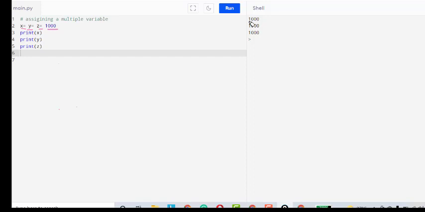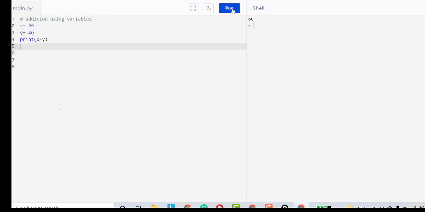If you are printing individually, for print of x the output is 1000, and print of y 1000 and print of z 1000, because all the variables are assigned as a multi-variable equal to a common integer 1000.